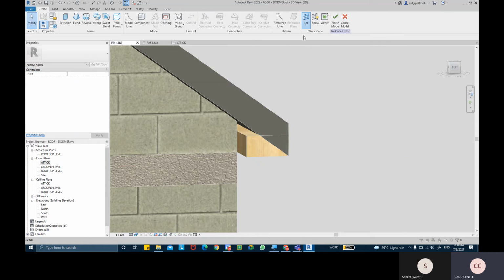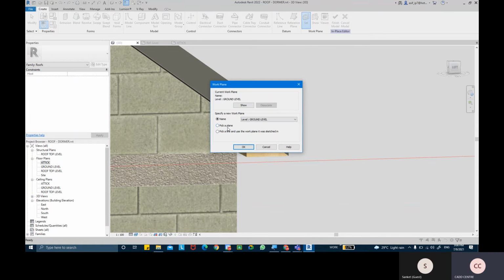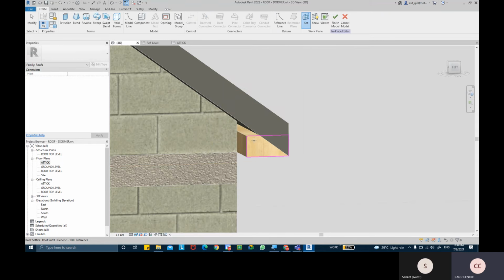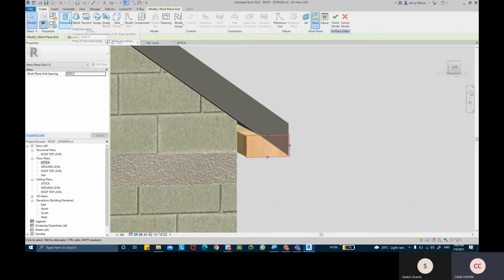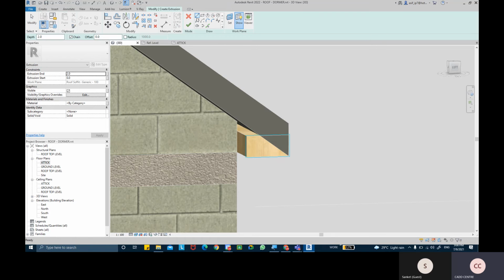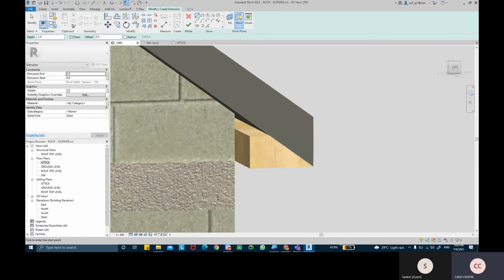Set the work plane first. Set the work plane as this face over here, and then we can create a solid extrusion. Then we can draw, or you can pick the lines.